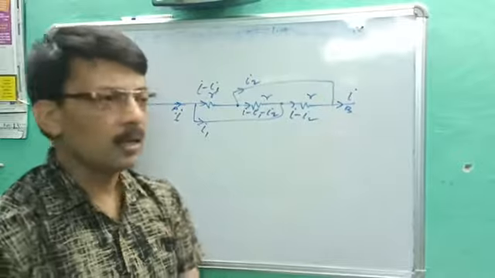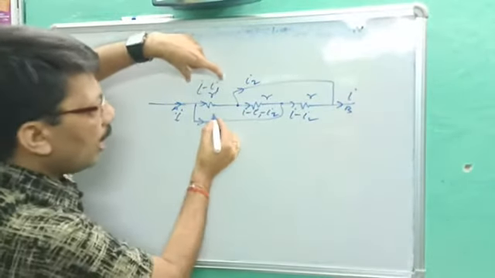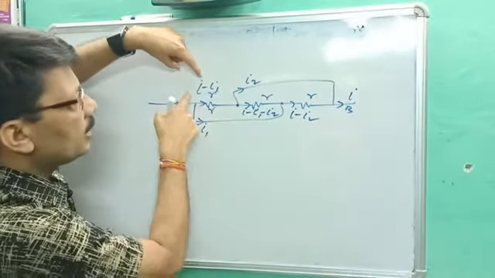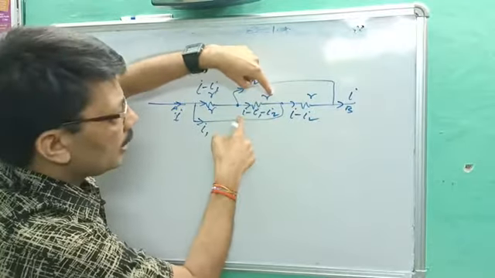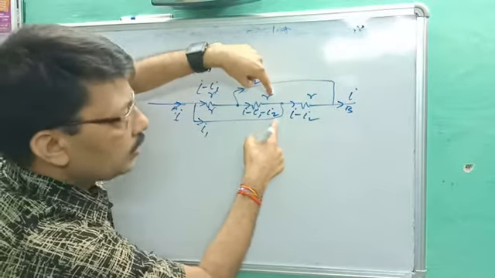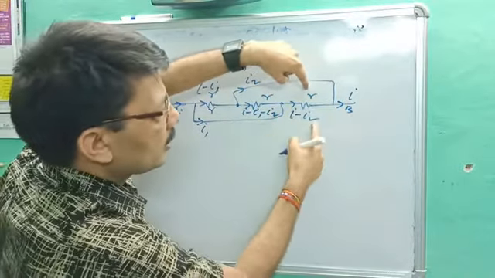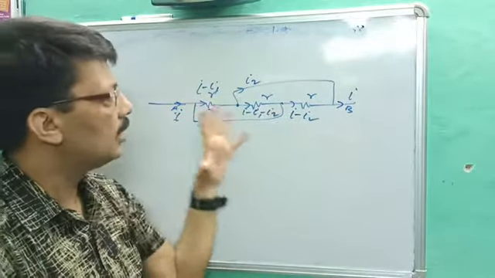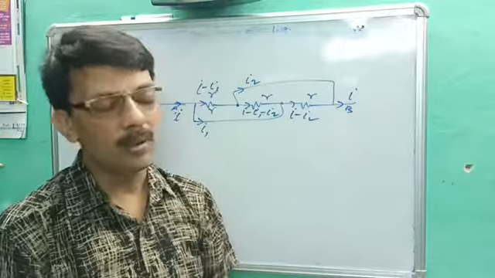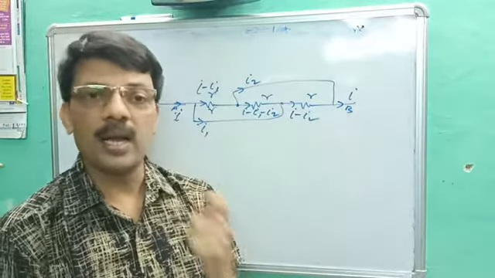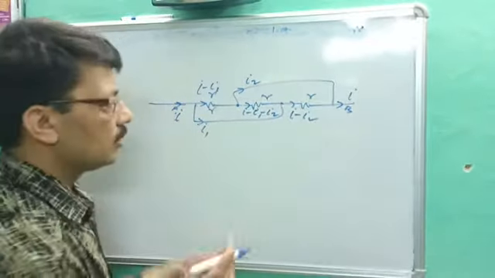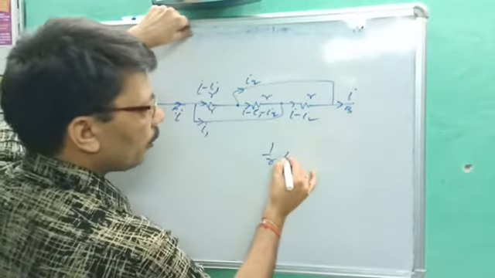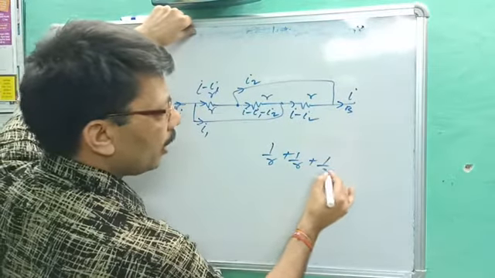What we notice here is that for the resistances the currents are I minus I1, I minus I1 minus I2, and I minus I3. It means for all resistances, currents are different. No doubt, we got the conclusion: if currents are different, they are in parallel combination.